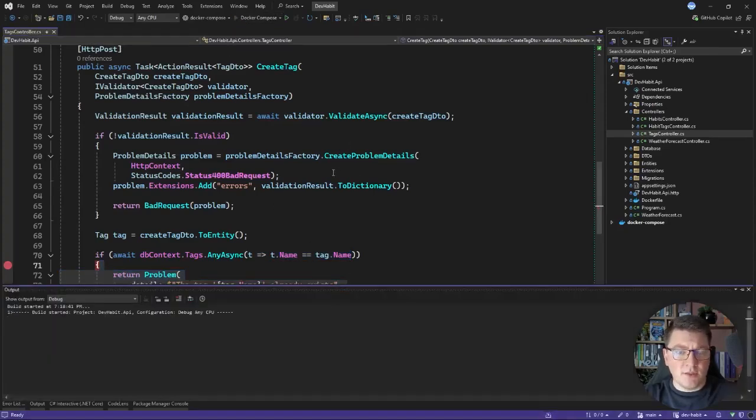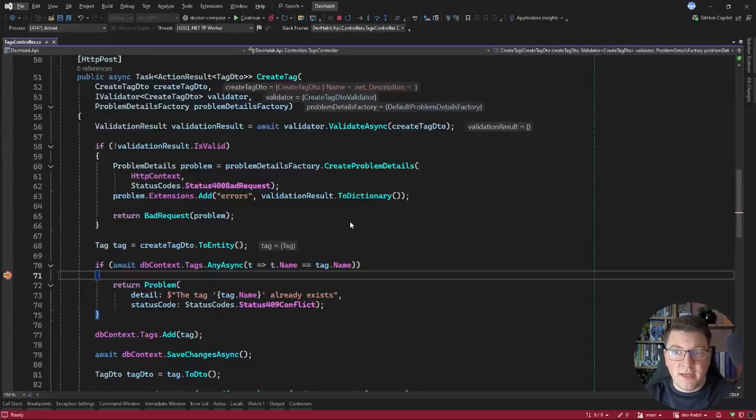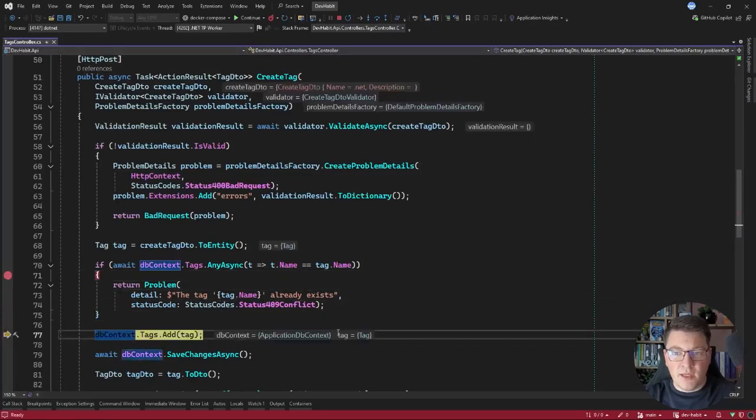So let me start the application and I'll send a POST request to my REST API to create a new tag with the name of .NET. Now, a tag with this name already exists. So if I send this request, you will see that I hit the breakpoint and I should return a 409 conflict response. But let's assume that we encountered a race condition and I somehow managed to get past this check,